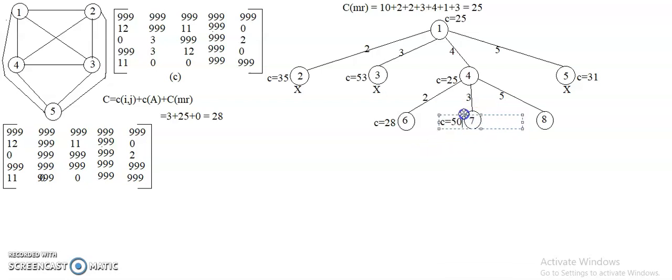So I will not do it for the other. It will consume more time. So you people will also feel bored. So that's the reason I have already shown the method. So you can solve yourself. So C is equal to 36. You can also solve for 4 to 3 and 4 to 5.